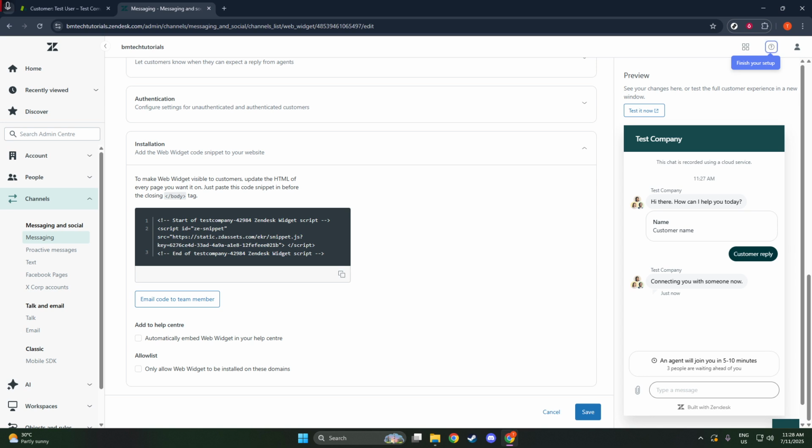And there you have it, a simple and straightforward way to turn off Zendesk Chat. By going through these steps, you can easily manage when your team's chat feature is available, giving you flexibility and control